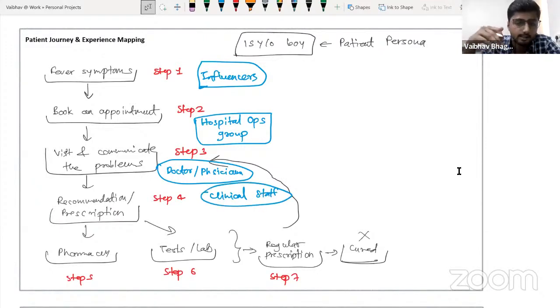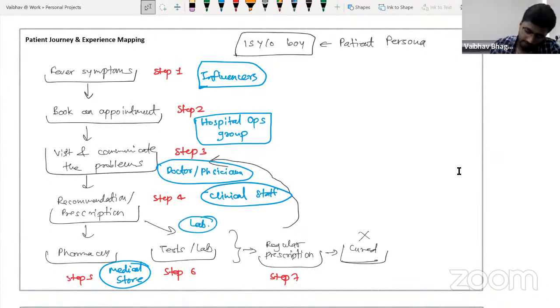So these clinical staff are nothing but the support group of the doctor, which will help for the treatment or for the prescription, whatsoever it is. Then once he goes to the pharmacy, there is one more stakeholder involved, the medical store basically. Then once he goes to the laboratory, there is the lab and lab in charge. And then that's it. So as you can see, all these people highlighted in the blue, these are the stakeholders